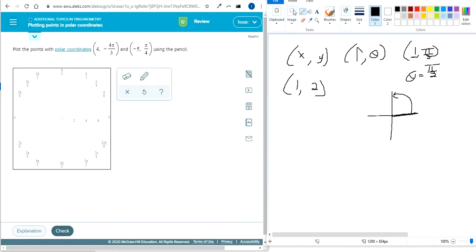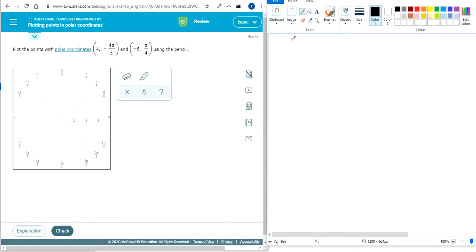Sorry, I'll try to clean up my handwriting as we go along here. But let's do what we've got in Alex here. We've got to plot the point 4 comma negative 4 pi over 3. Okay, so in order to make that happen, we can note that the angle is negative 4 pi over 3, so when we graph that in the Cartesian coordinate grid,